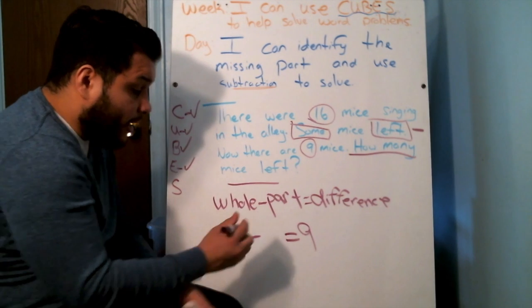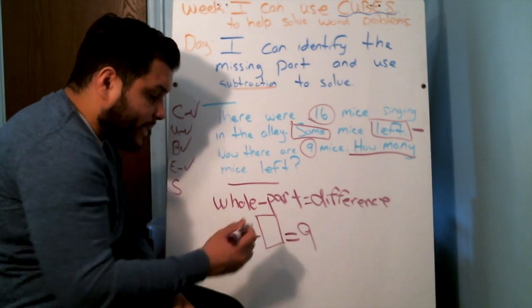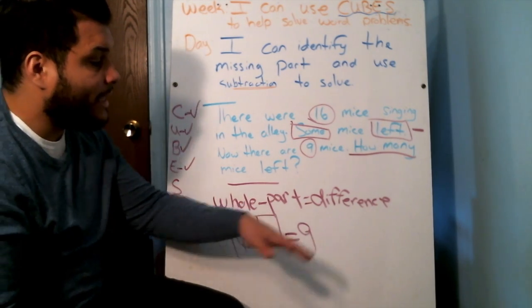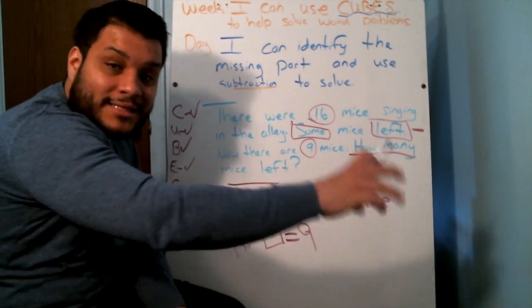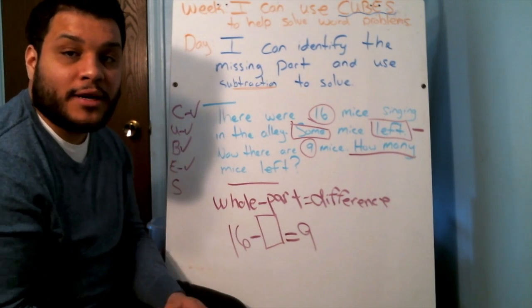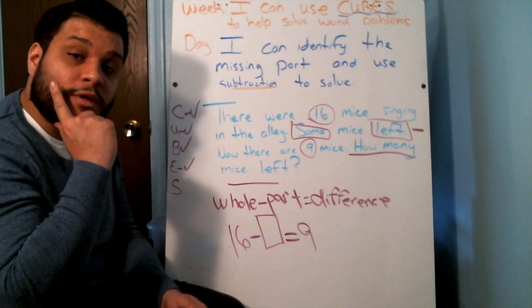So that sum is still going to be my second number. Because remember, my formula is whole minus part equals difference. So I'm trying to take some away from the whole. Now we need to figure out how many we're going to take away. How do we solve